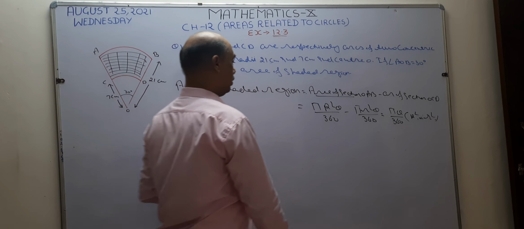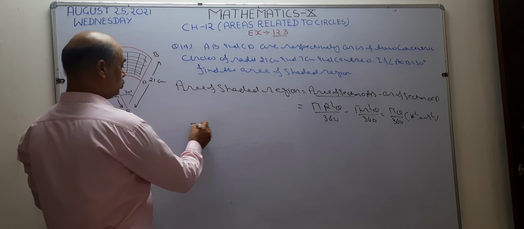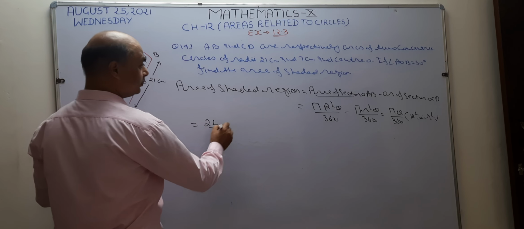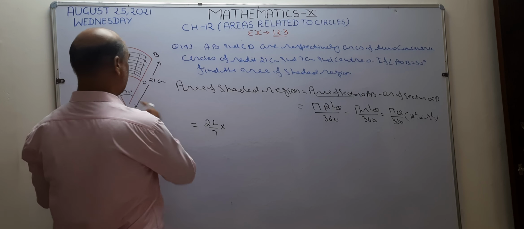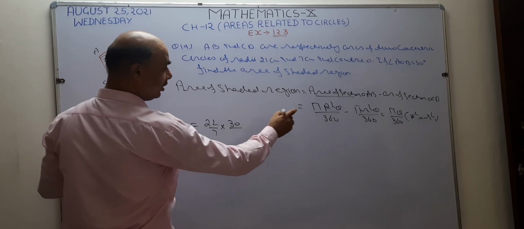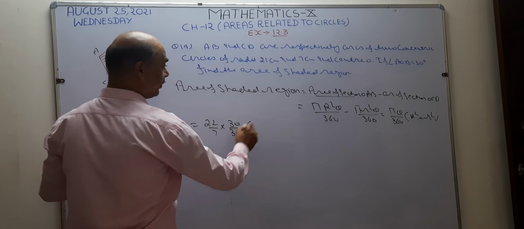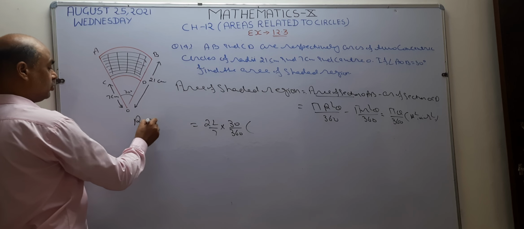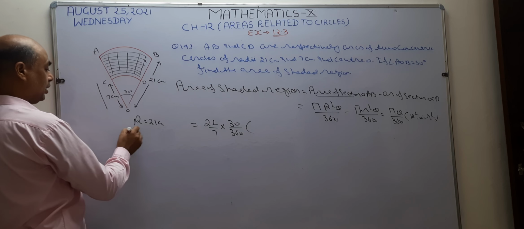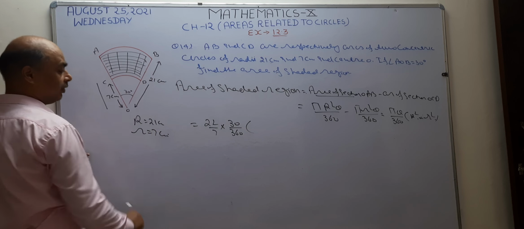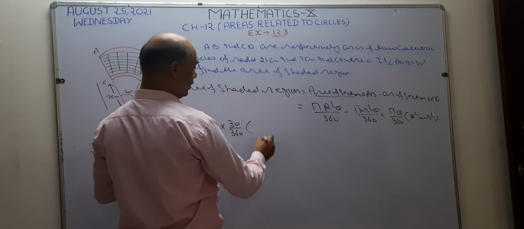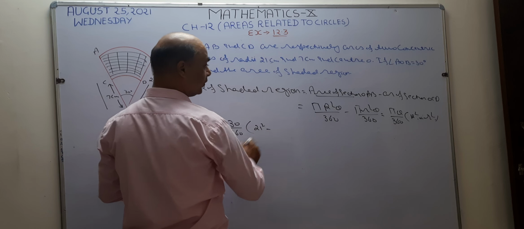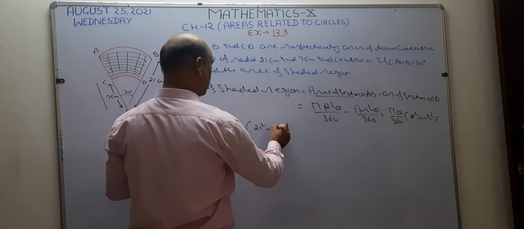Okay. Now value of pi is not given, so use value of pi 22/7. What is the value of theta? Theta becomes 30 degree. Right at 30 degree upon 360 is there. Bracket start capital R. This is capital R. Capital R is 21 centimeter and this is small r which is 7 centimeter. Both are given. So instead of capital R, I want to write here 21 square. Minus small r becomes 7 square.